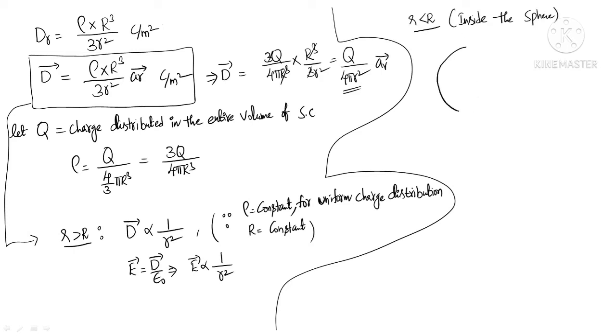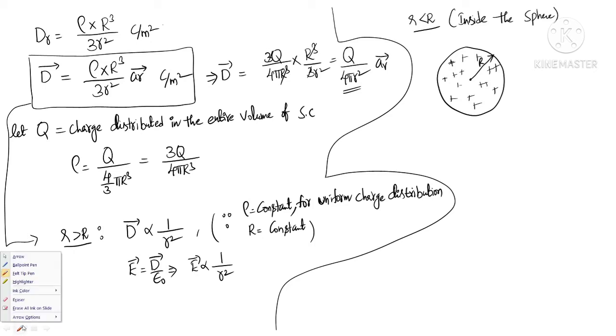You have a spherical charge of radius capital R, where the charge is uniformly distributed in the entire volume. So let us assume this radius as capital R. Now inside this I am considering one more Gaussian surface. So this is the Gaussian surface I am considering. This Gaussian surface has the radius small r, so small r is less than capital R.